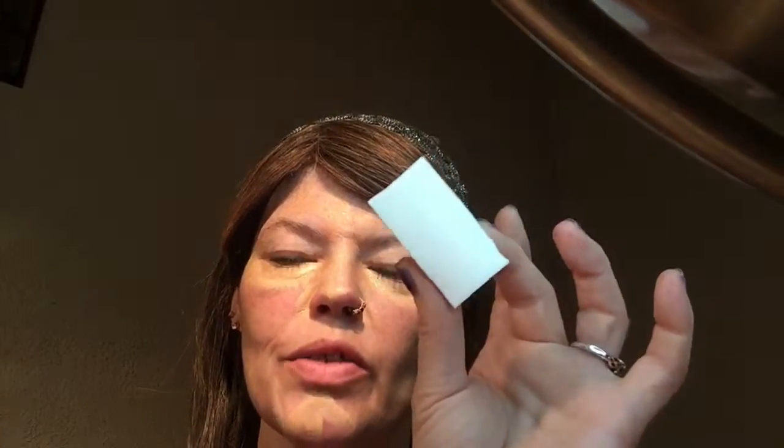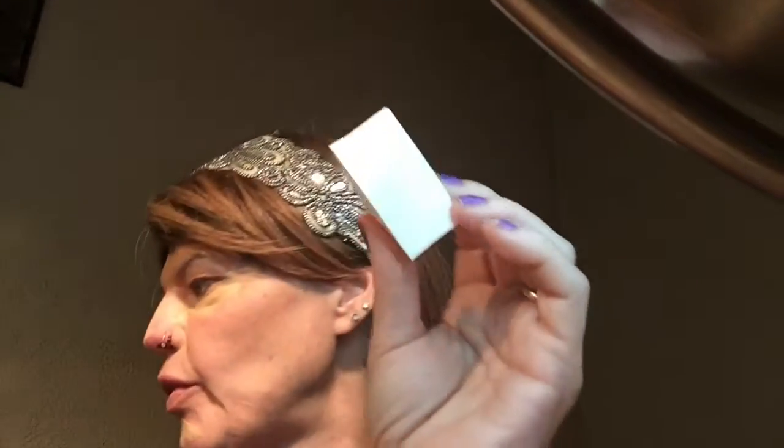When you use one of these, and alternatively, you can go and get these for like $3 or $4 for like 25 or 50 of them, however many it comes in a package. Just little cosmetic wedges. This one has 32, and I don't remember what it costs. I probably got it at Walgreens or Walmart or something. You can use either one. These are a little bit better,